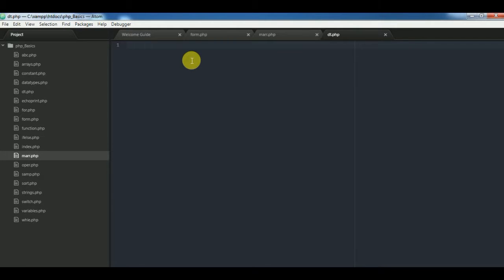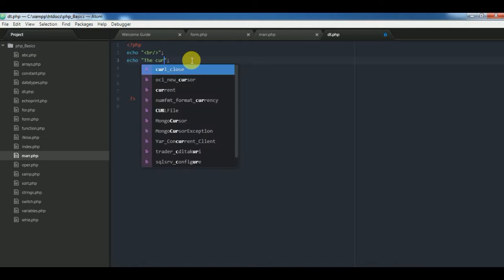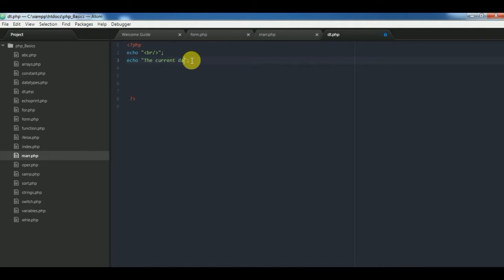Now the basic syntax of PHP, and now we will write some message here for HTML break. Actually in the beginning we don't need a break, but we will write it and we will use it whenever we need it. So I'm giving a message: the current date is